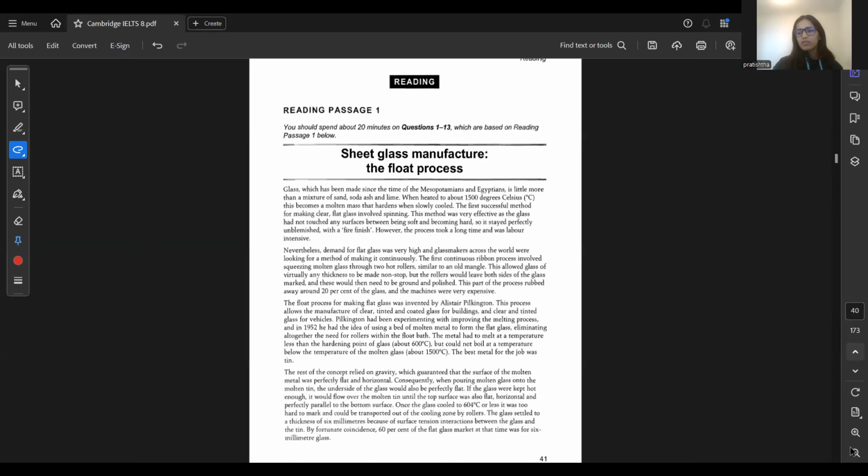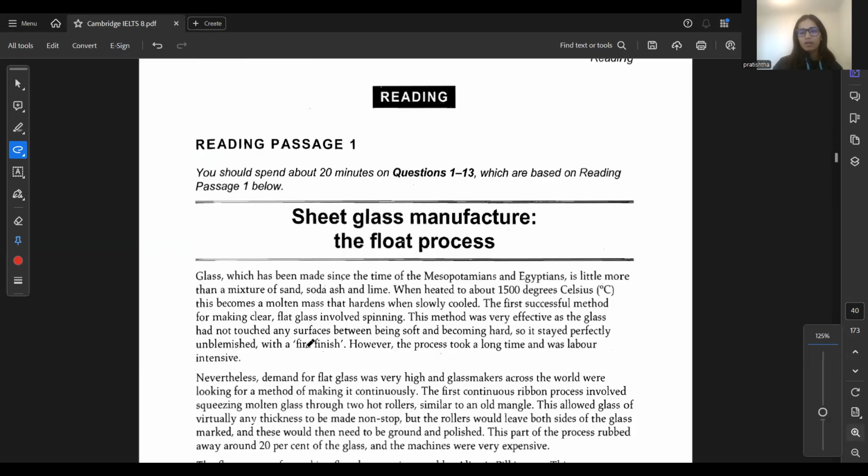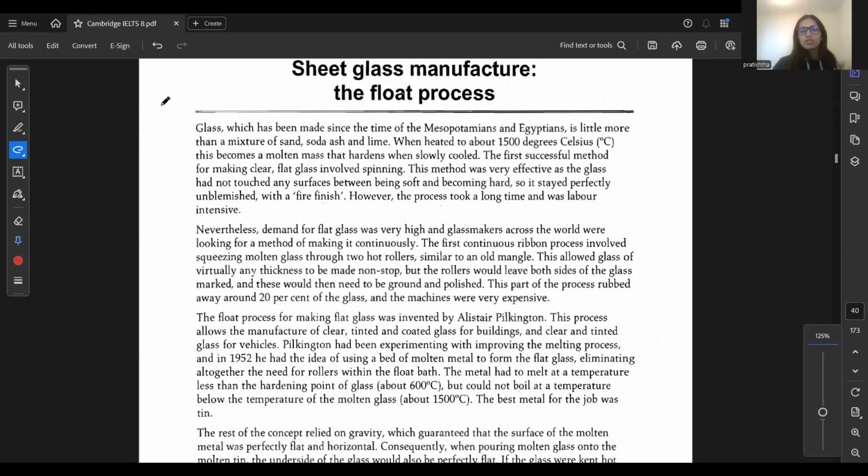Sheet glass manufacture and float process. Now, again, this seems like such a boring academic topic, right? But all you need to do is just understand what is there in each paragraph. That's all. So you just have to practice finding keywords and just giving it a small summary. Because when you reach the end of the paragraph, you will not remember